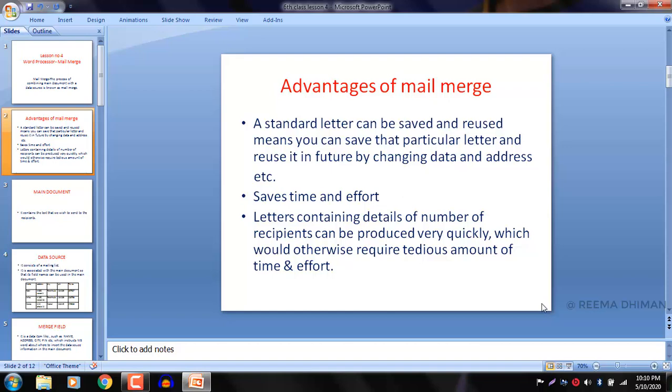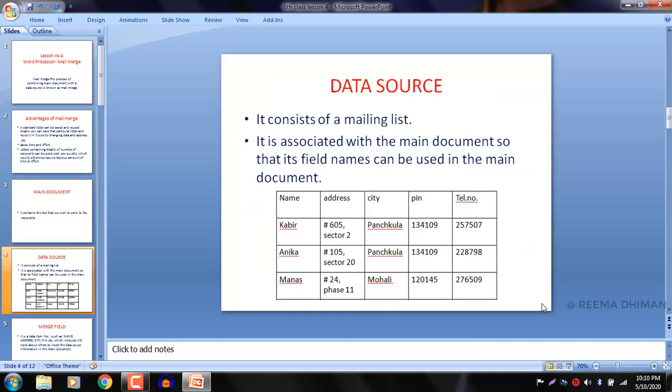So let's discuss mail merge features components. So the very first is data source. Data source consists of a mailing list, means it is mailing list containing the names, address, city, PIN, telephone number, etc. of the recipient. Recipient means to whom we want to send the letters. The data is organized in tabular form with the field name. As you can see here,